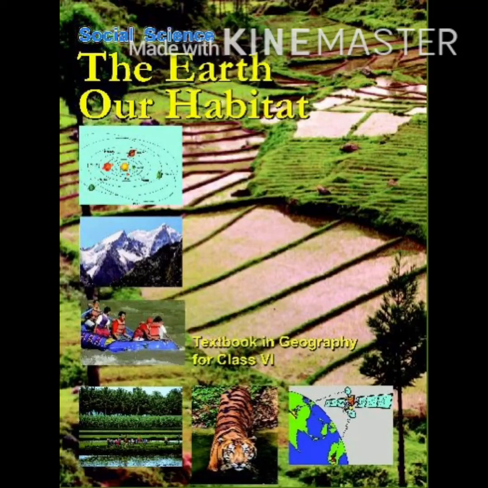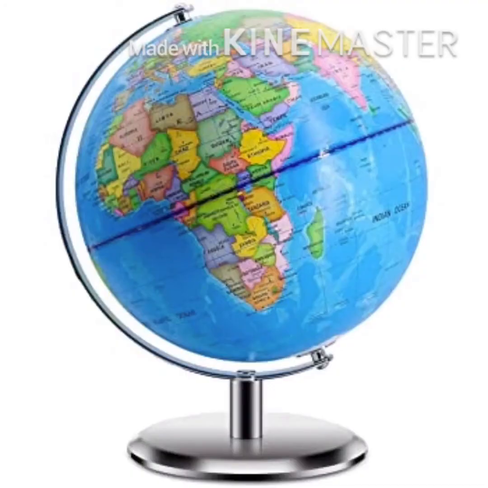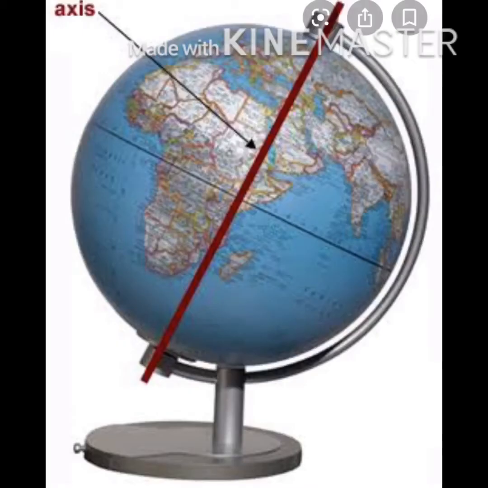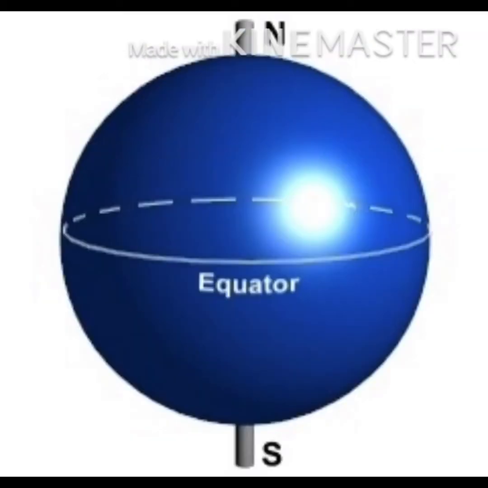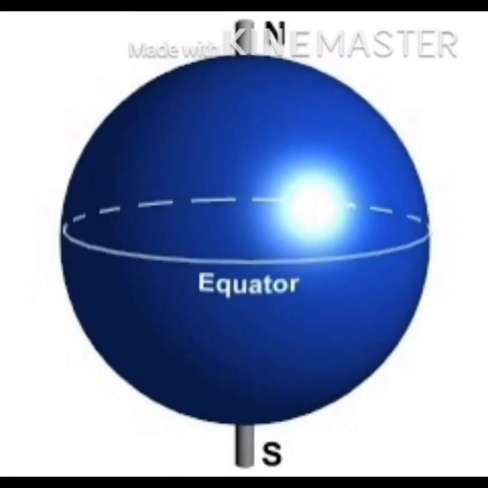Good morning, students. So children, in the previous video we studied about our mini earth, that is the true model of earth, our globe. We also studied about the two imaginary lines which run through the surface of earth. The very first one was axis and the other was equator. Axis helped us to rotate the earth and the equator divided our earth into two equal halves, northern hemisphere and